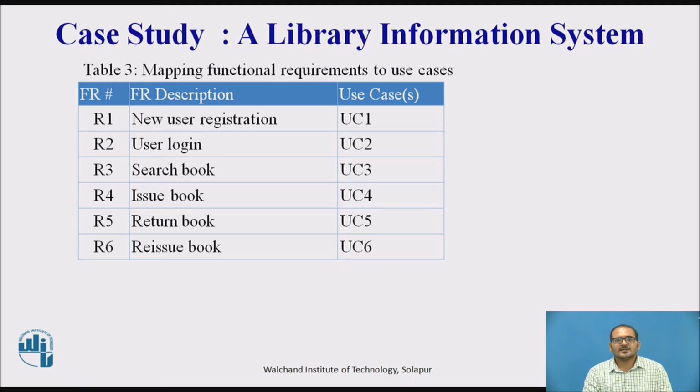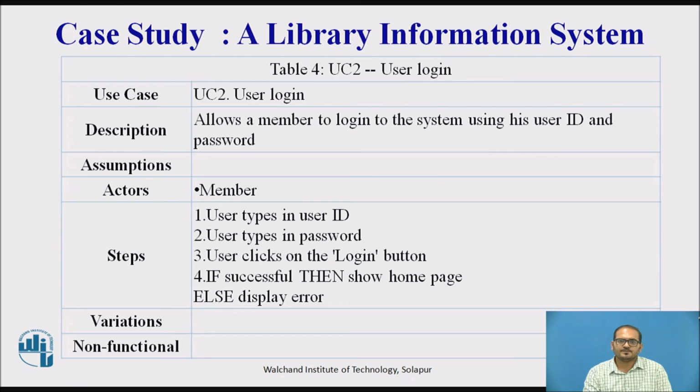Before presenting the details of the individual use cases, let us do a mapping from requirement specification to the use cases. A list of functional requirements can be found in table 1. For each such requirement, we identify the use case that helps to achieve the requirement. The mapping is shown in the table. Please note, we will be mapping only the functional requirements into the use cases.